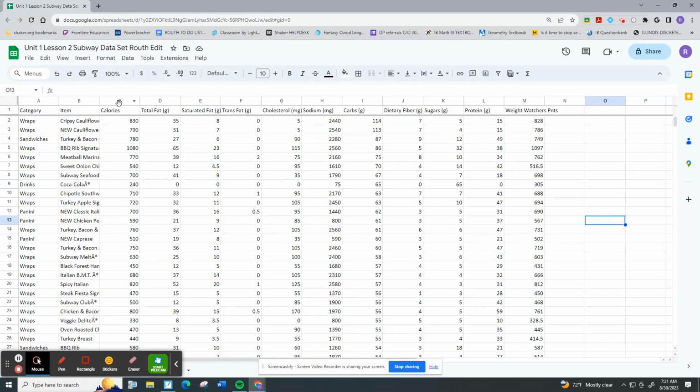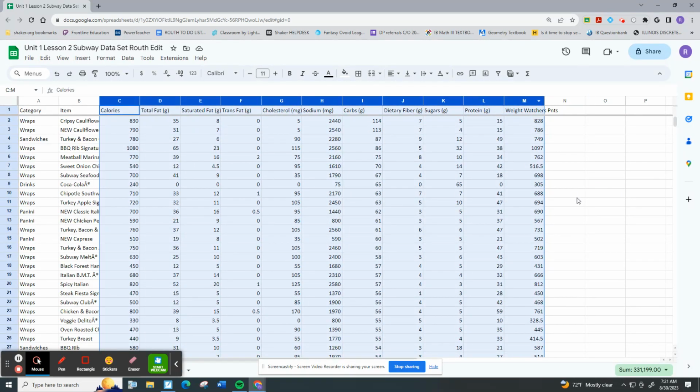You can sort multiple columns at once. Let's say I want to sort everything except this category column. So the category column will get screwed up, but let's say I had other data there. And I want to sort by Weight Watchers points. Watch what's going to happen. Right now it says wraps, sandwiches, wraps. Okay? I'm going to go ahead and sort